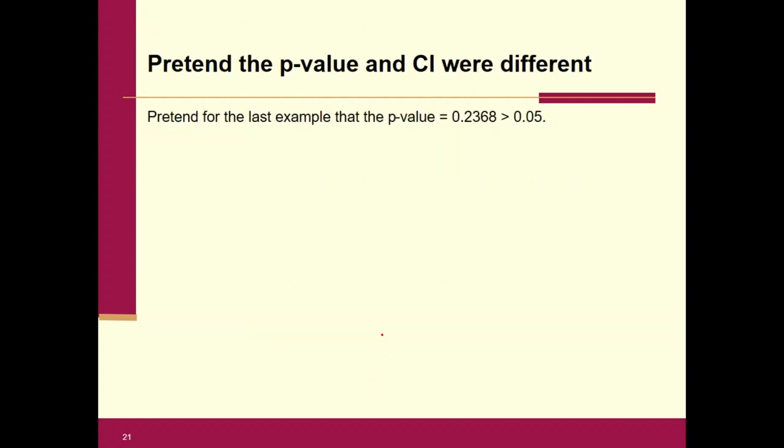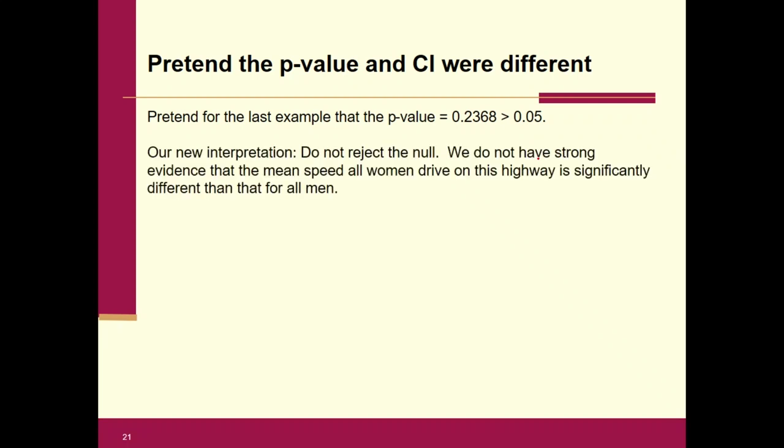I have here, pretend for the last, so pretend this is not what happened. Okay, but just pretend for the last example that the p-value turned out to be 0.2368, and certainly that would be greater than alpha of 0.05. And what would we say in that situation if this was the case? We would have said, do not reject the null, and we do not have strong evidence, right? Remember, the nots go together. When you say do not reject the null, we do not have strong evidence that the mean speed all women drive on this highway is significantly different than that for all men if the p-value was 0.2368. Okay,